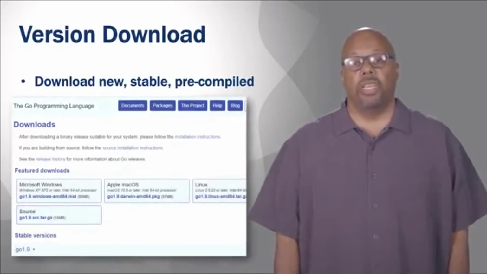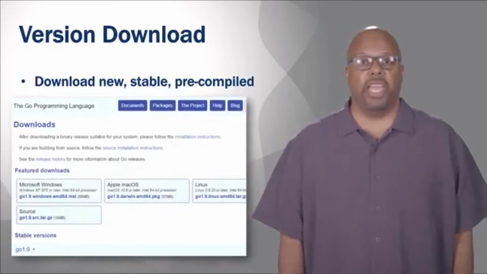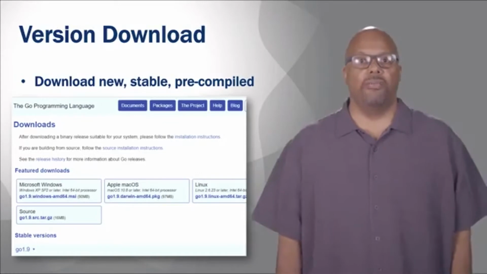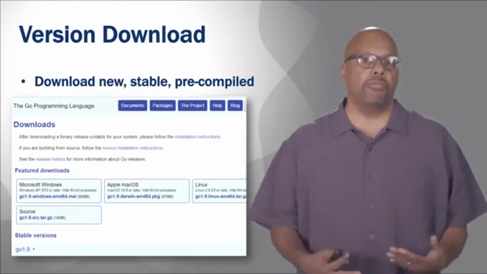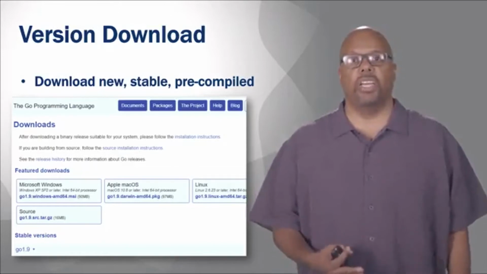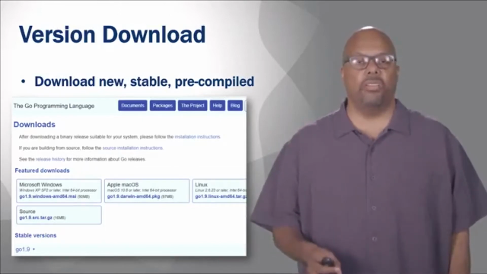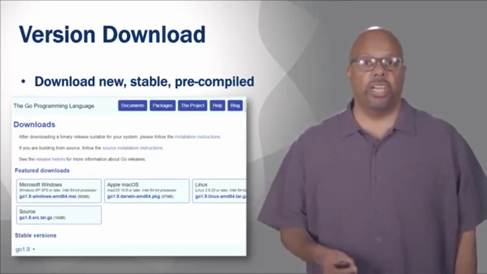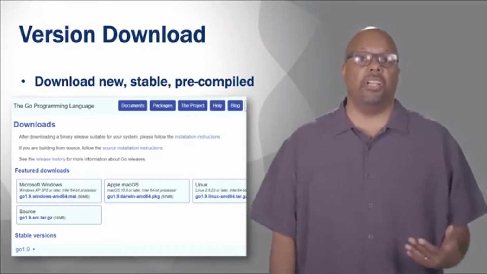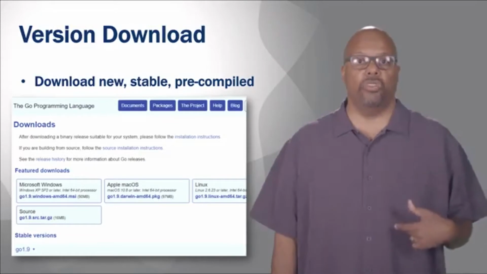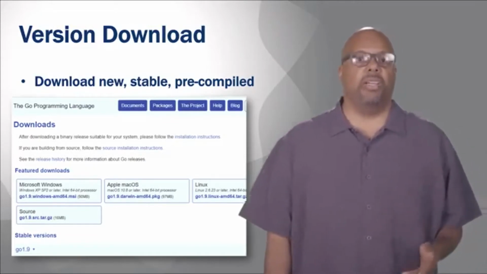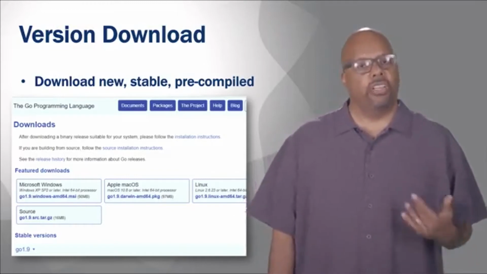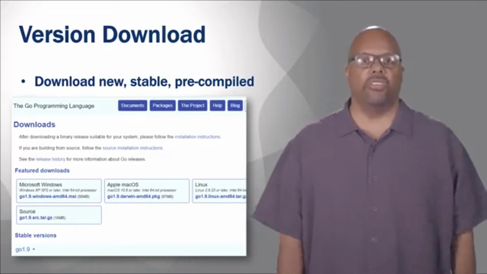Now, when you do that, you come to a page that looks like this. Again, I'm only showing a part of the page. There's more below it and to the right. Basically, when you download Go, you can download the precompiled versions for different platforms. They've got Windows and Linux and Mac OS. You can also download the source, and you could compile all of Go from scratch, this whole toolchain, if you wanted to. We will not be doing that. That is a pain. But know that you could. It is open source and all the source is right there for download if you want it.